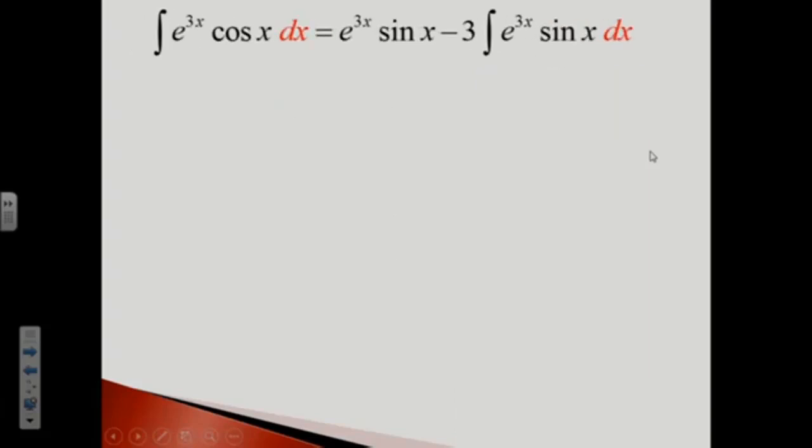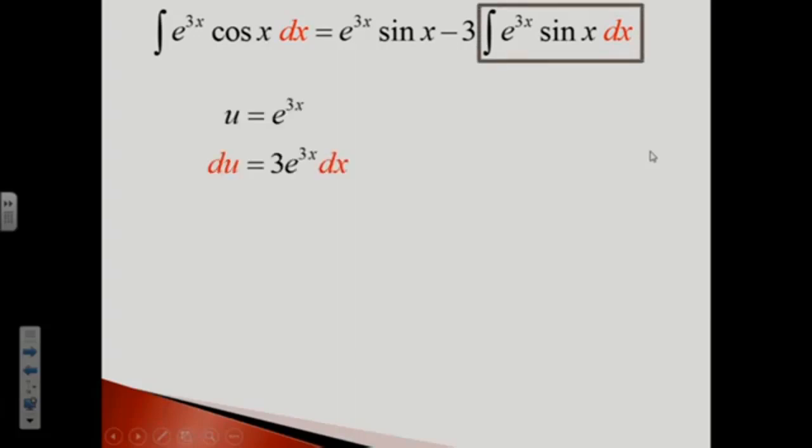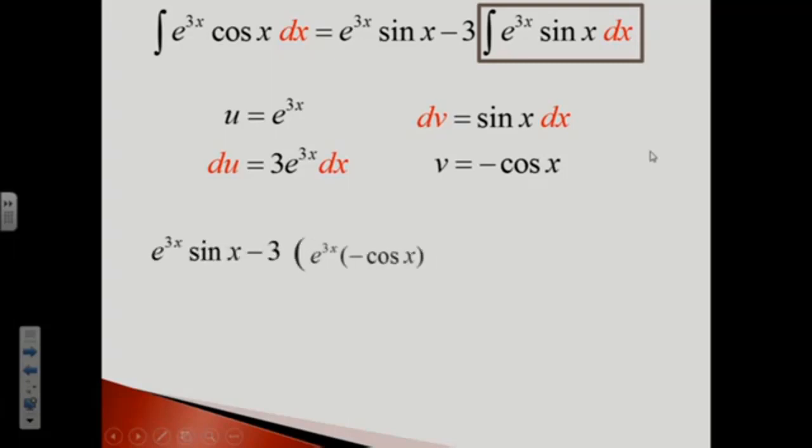Applying integration by parts again for the integral on the right, let u be exponential 3x, then du is 3 exponential 3x dx. The other part is dv equals sine x dx, so v is minus cosine x. Inserting the results in the formula above gives